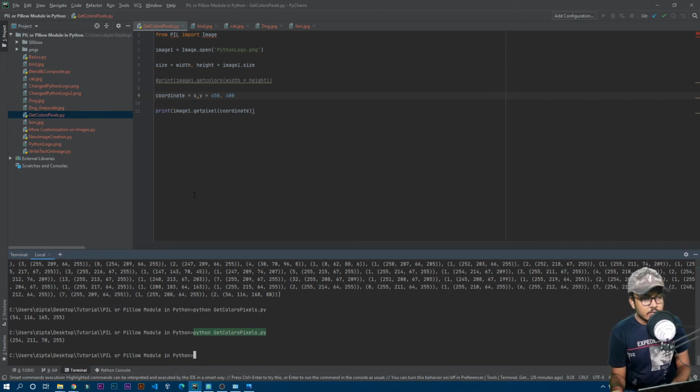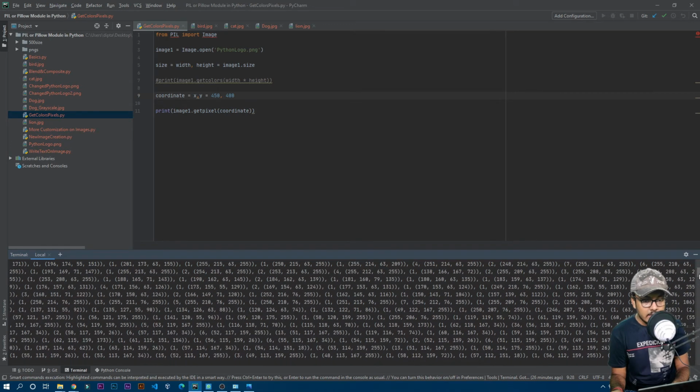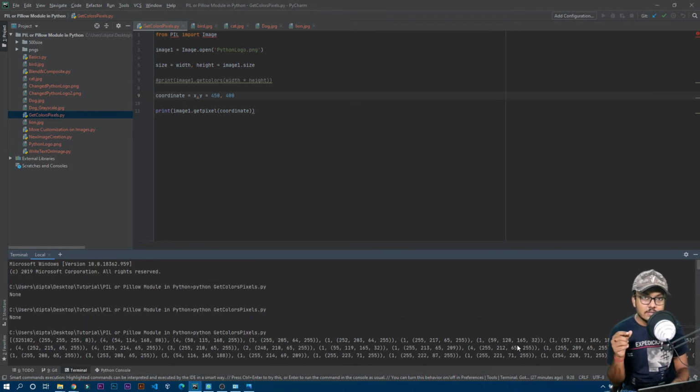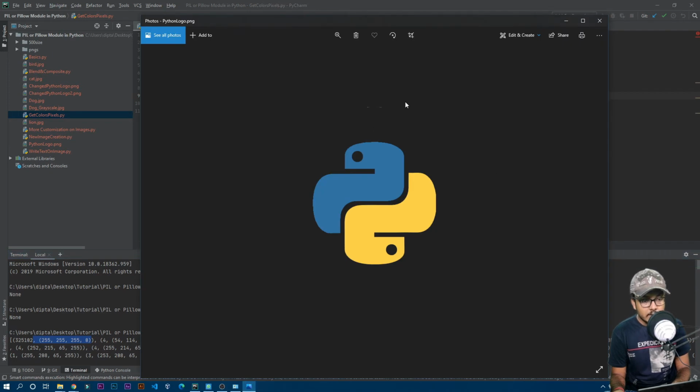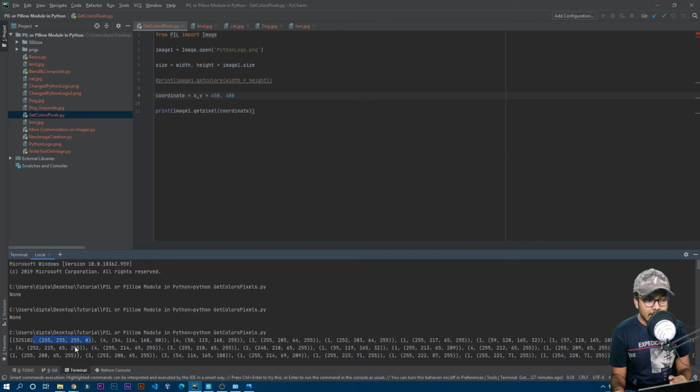Now in case you want to print the color of all the pixels, you can see that when you get the color using the get color method, it actually merges all the similar colors. That means it merges all these, 255, 255, comma 0, that means it is actually a black color. That is because most of the background is black, so it merged all the black color at once, and it is showing how many times it is repeated, that is 325,000.